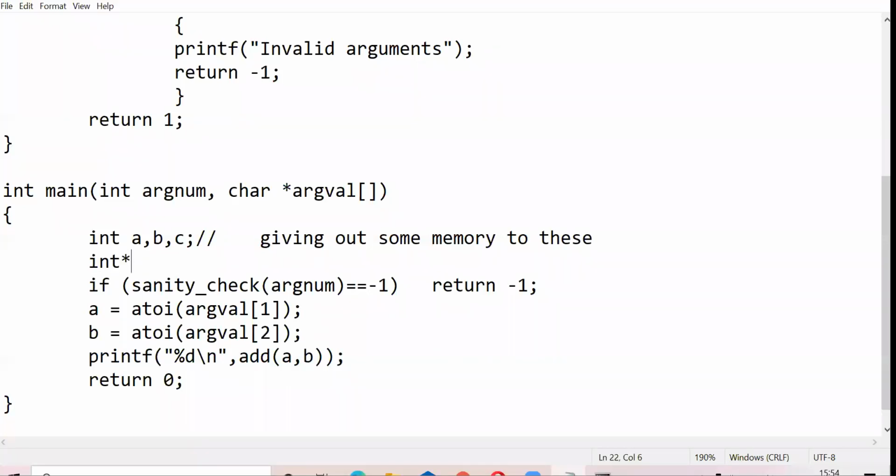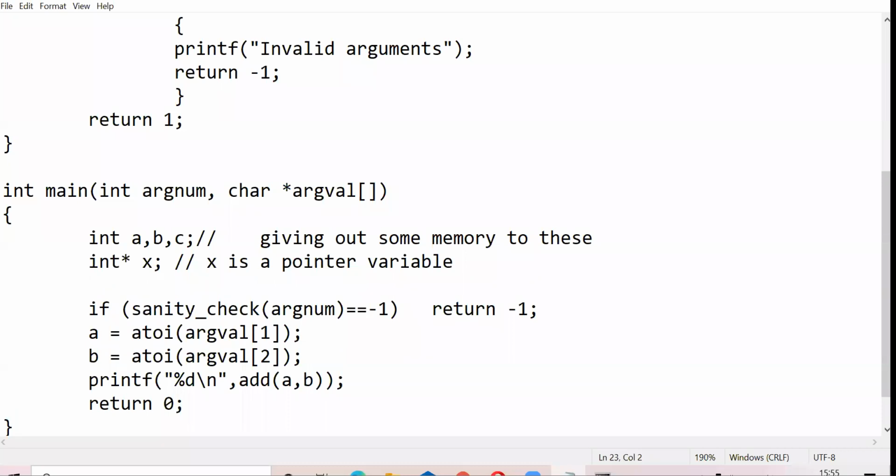So pointer variables, you declare them like this, int star. So int star shows that whatever variable you are now creating is going to point to the address of something. And let's say I have an x here. So now x is a pointer variable. It can point to the address of an integer type of variable. So it cannot currently point to a character type of variable. Since it's int star, it can only hold the address of integer type of variables. Okay.